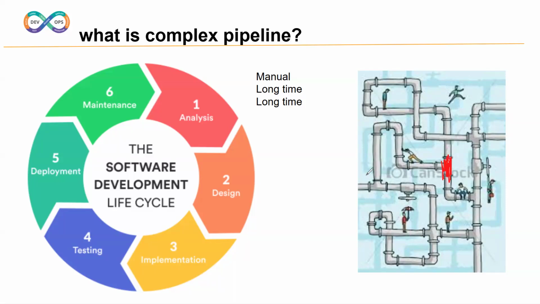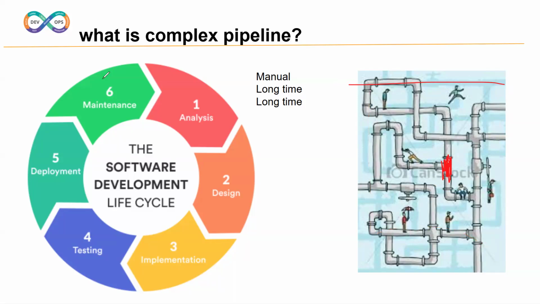But what about the customers? They are waiting for water. They are not satisfied. And the maintenance is very difficult for this water pipeline. Instead of that, we go for transparent. The same applies to the real-time pipeline. We call this complex. This water pipeline is very complex to maintain, to resolve issues, and to handle any problem.